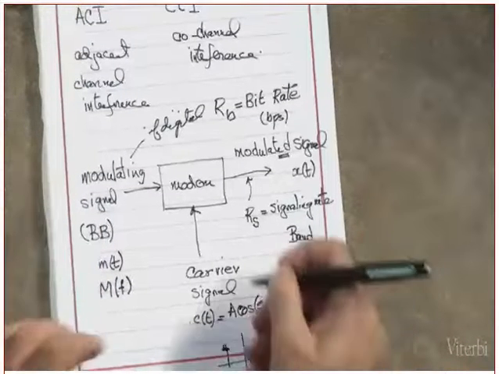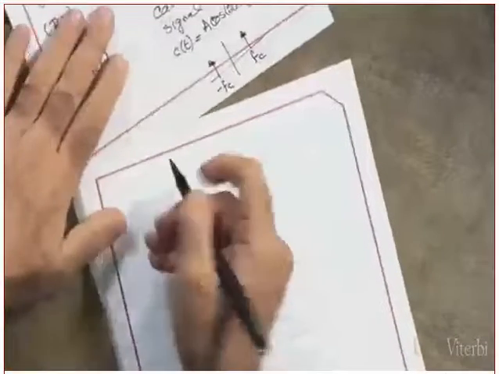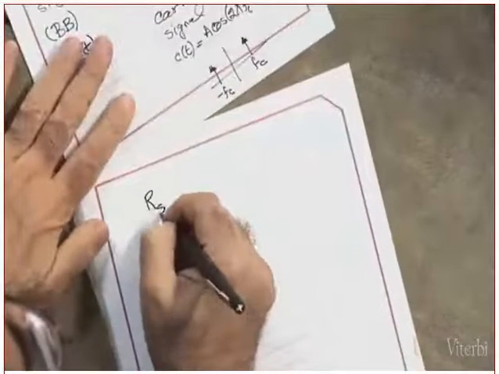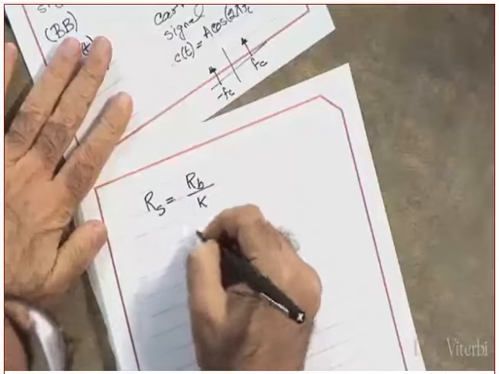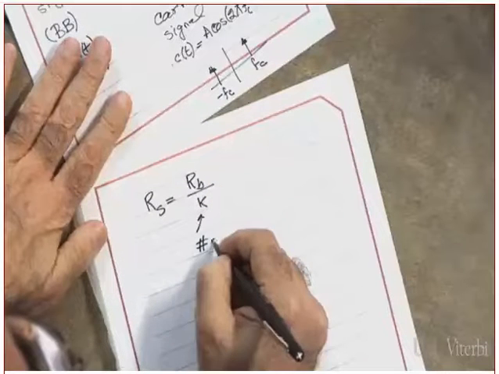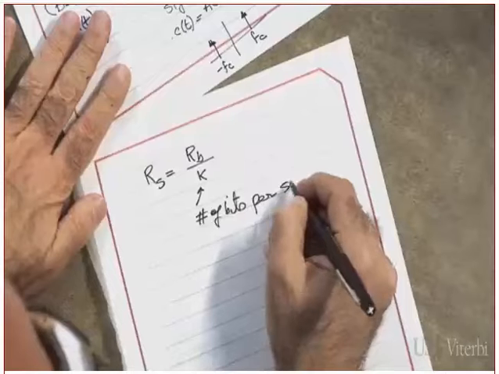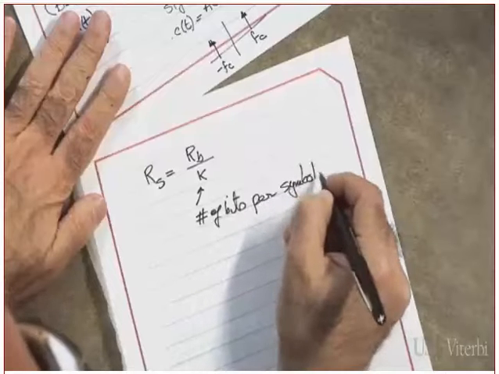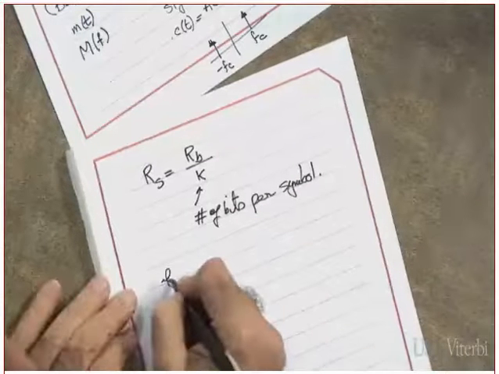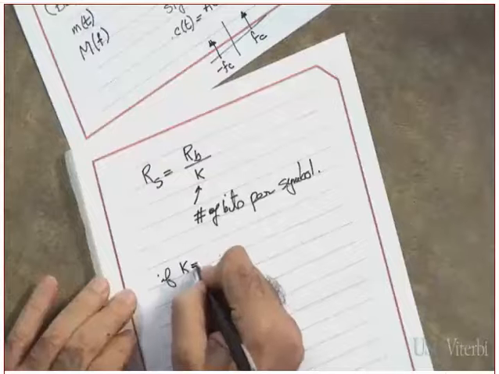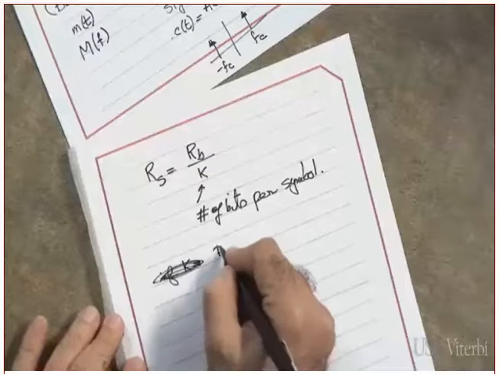Tell me now, first of all, what is the relationship between RS and RB? Anybody? RS is equal to what? RB over K, where K is the number of bits per symbol. Tell me now, if K is equal to what? Now, if we are dealing with binary modems,